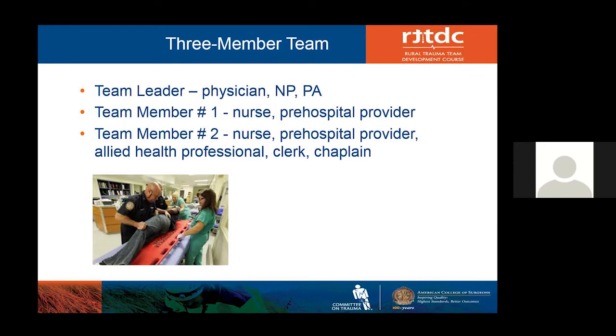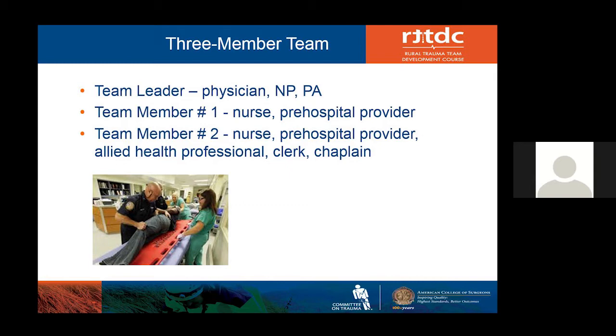So the 3-member team, and again, throughout this whole course, this will be in all of the lectures. We may not dwell on it each time because it does not change. The team leader is going to be the physician, nurse practitioner, or the PA that's in the emergency department at that time. Team member 1 is technically the next most skilled clinical person, such as the nurse or the pre-hospital provider. Team member 2 can be the next step down in terms of someone who has less clinical expertise, but it can include a nurse or the pre-hospital provider if you're lucky enough to have 2 of them,